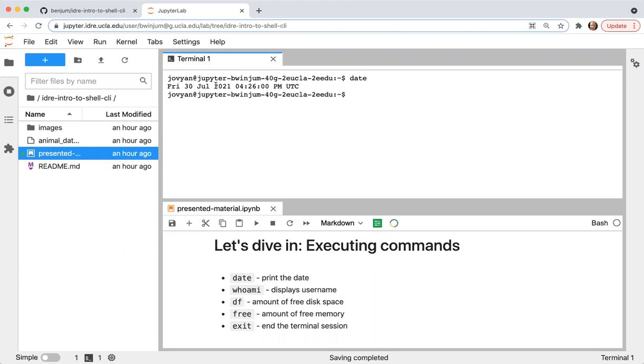It's Friday at 4:26 in UTC time. This is not Pacific Standard Time. It's 7 hours ahead, so this tells us that it's 9:26. I can execute date again by typing date and hitting enter again, and you'll see the date now is something different.